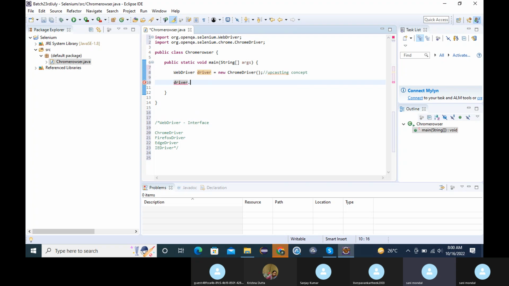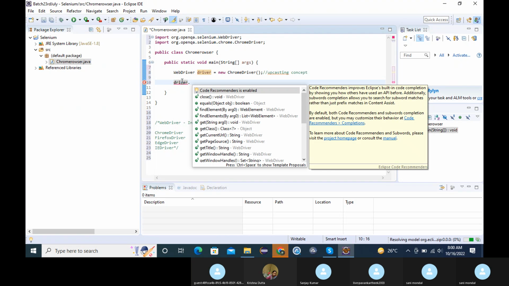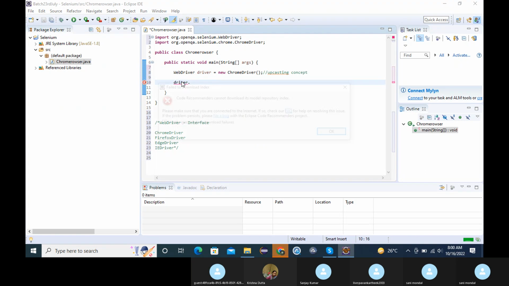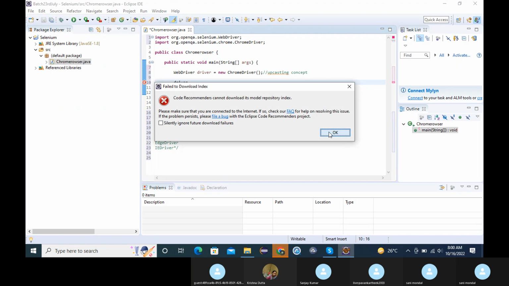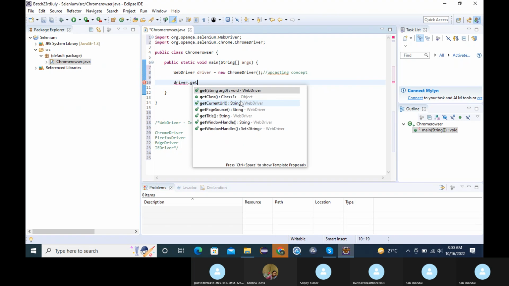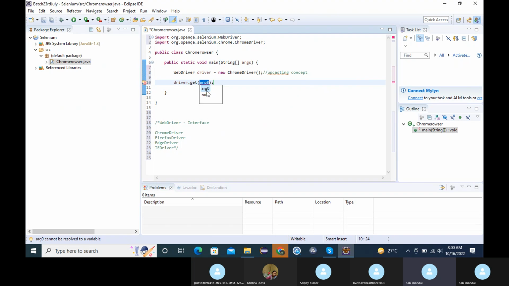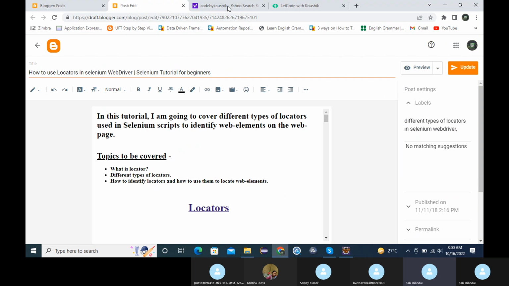Now we are going to use the first command of Selenium, that is get. Why do we use the get method? The get method is basically used to open any URL in Selenium. If you want to open any URL in Selenium, you can do this with the help of